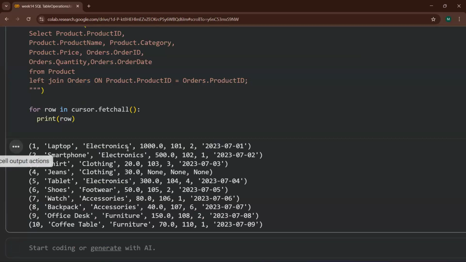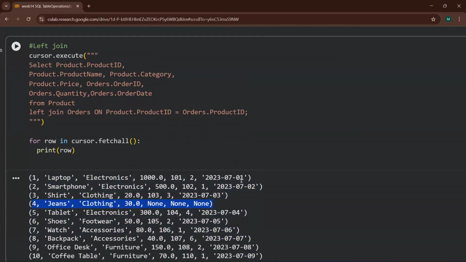See, everything is coming from both the tables, each and everything. And the thing which is not present, this 4 is not present in my right table, that is coming as none. Only that thing is coming as none over there.